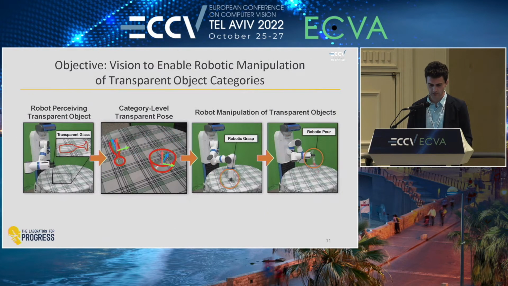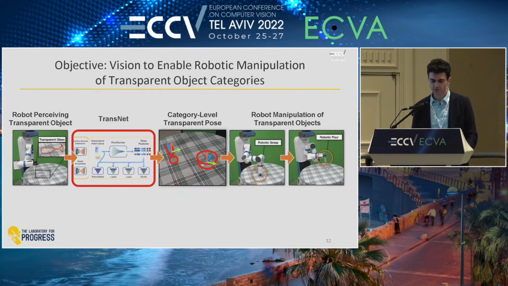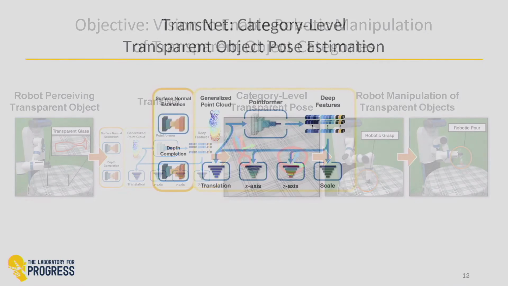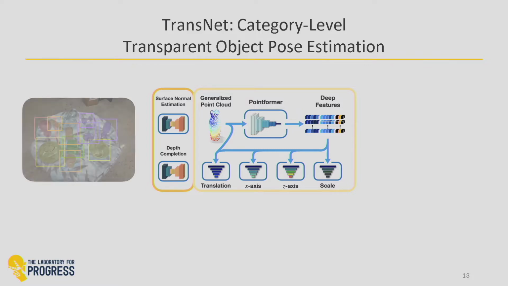And so the approach that we propose is what we call TransNet. This is a two-stage neural network pipeline that will take input from some vision system and then try and produce as output those pose estimates that could then be used for downstream tasks. Taking a closer look at TransNet, we assume access to instance-level segmentation as input. In this project, we used Mask R-CNN to take a color image as input and then detect the class, that is the category, and also the segmentation masks of every single transparent object within the scene.